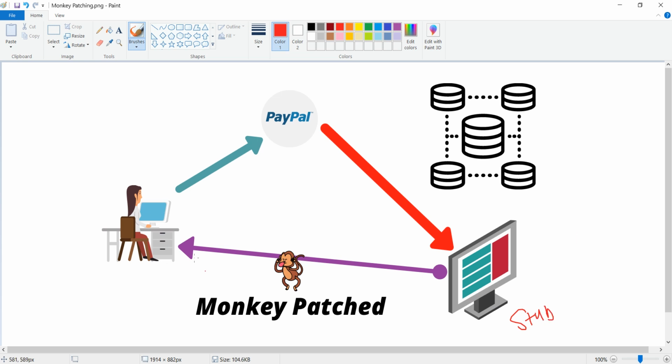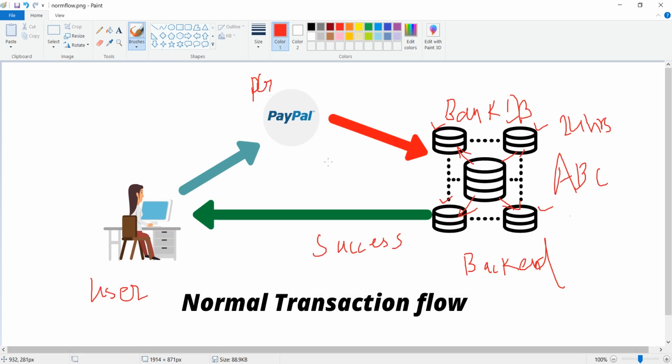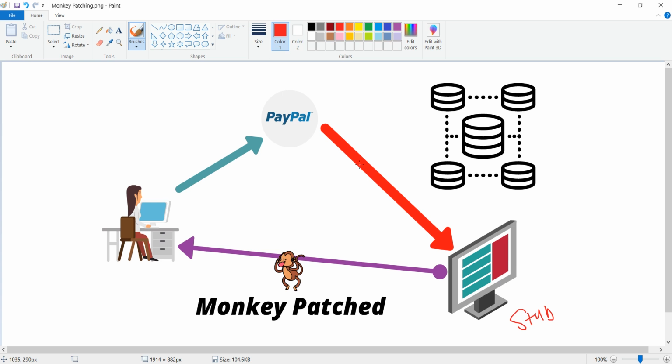So now what happens is, you have the normal transaction flow. The user sends the request to the PayPal service, that is the payment gateway. Previously, you had the PayPal pointing to the database. Instead, we redirect or change the pointer to a stub. Now this stub can be called a middleware,